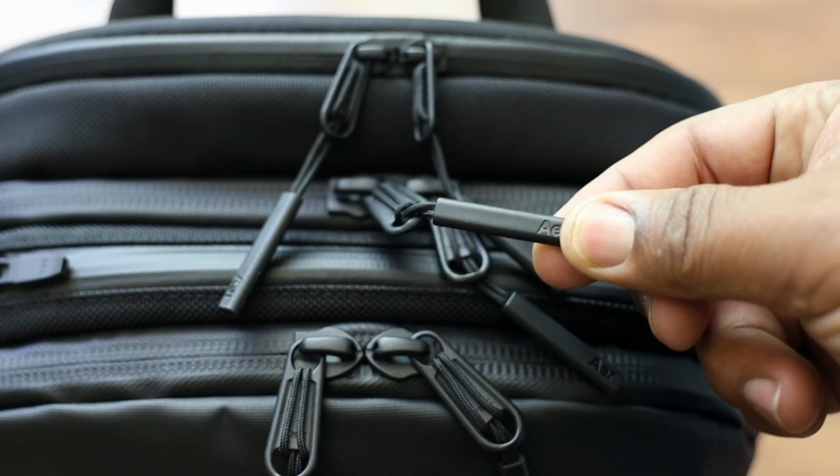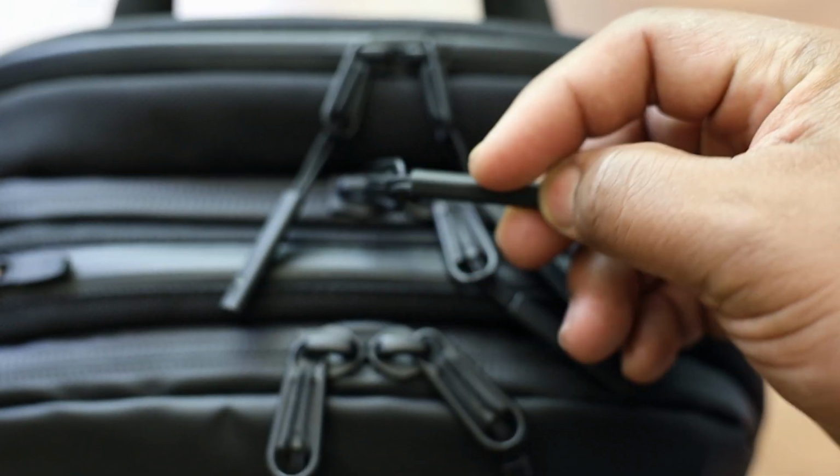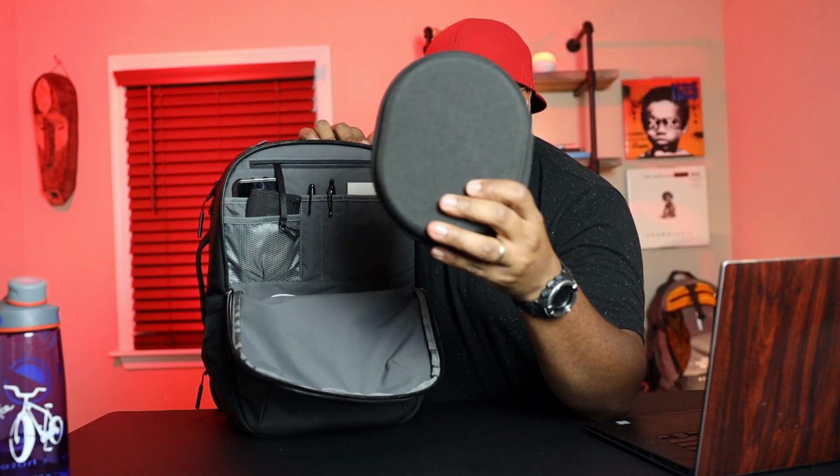The main zippers of the bag are Aqua YKK zippers. So that's gonna keep your tech safe from the rain. I definitely like that. Let's dive into the front pocket of this bag right here. So it zips down probably three-quarters of an opening, and then you can kind of pull it down. In here right in the front, I got my